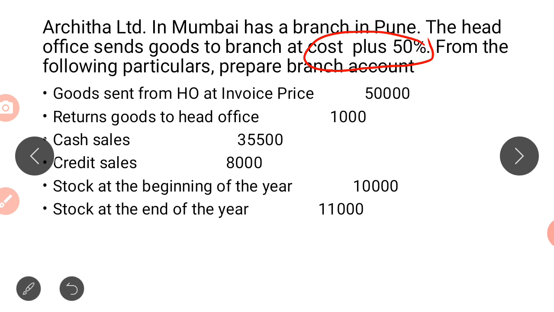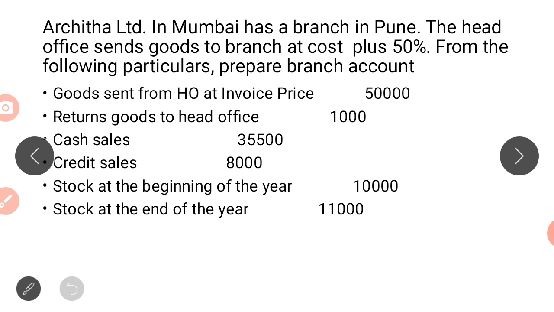Why? Opening stock is a stock. Goods sent to branch is nothing but again a stock. So only related to stock, to have a greater control over the stock or the goods, we will calculate based on the invoice price. So if you see this problem,